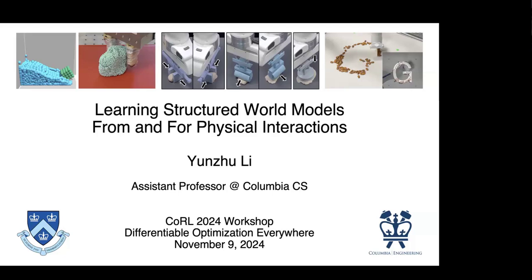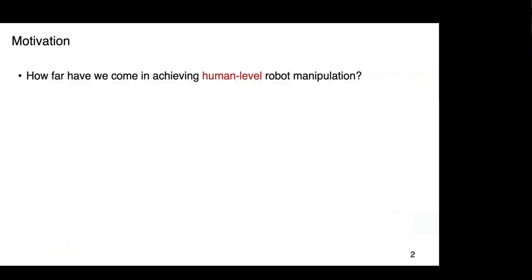So, start with the motivation. The question is, how far are we in achieving human-level robotic manipulation capabilities? We have already seen a lot of examples, especially in the drone or self-driving domains, where robots have been on par with or sometimes surpassing human capabilities, like the Boston Dynamics humanoid robots performing backflips. In self-driving, although we haven't seen massive deployments of self-driving cars in our daily lives, the field has progressed a very long way over the past few years, and we have seen some robotaxis in San Francisco. But we are still very, very far away from achieving human-level capabilities in performing physical interactions